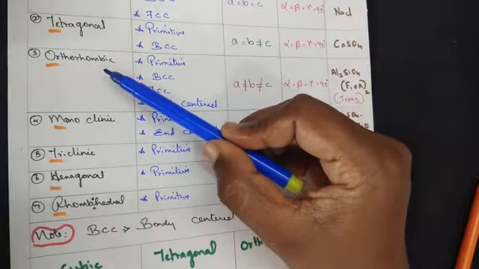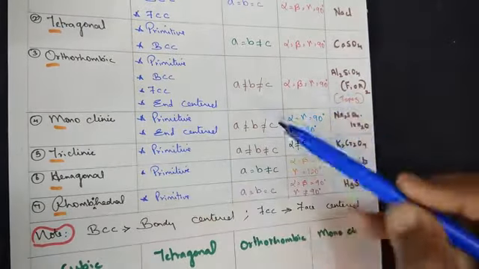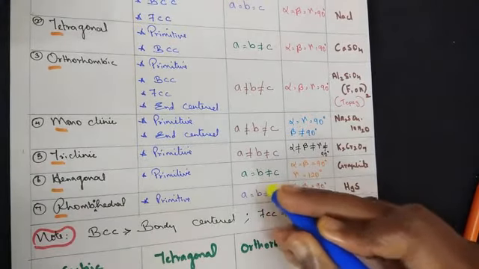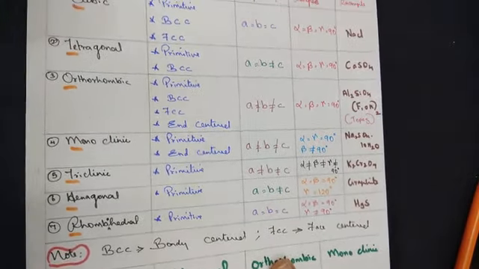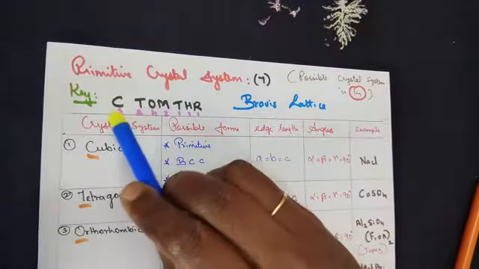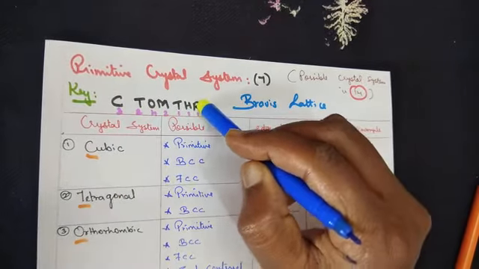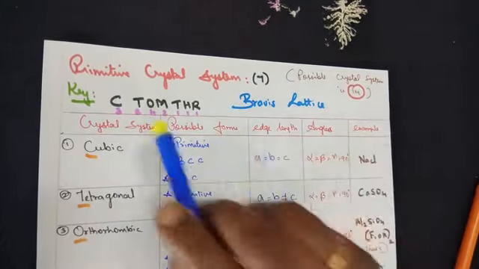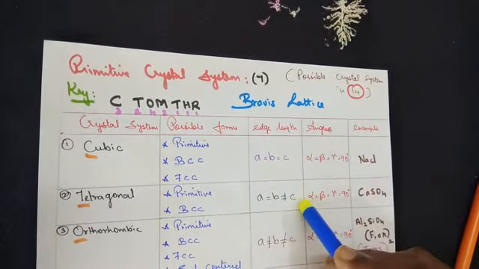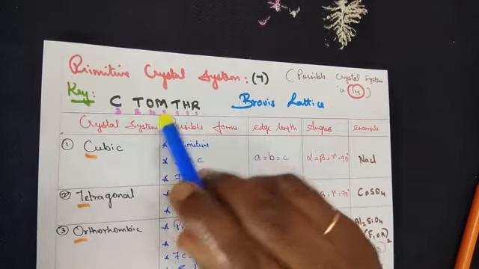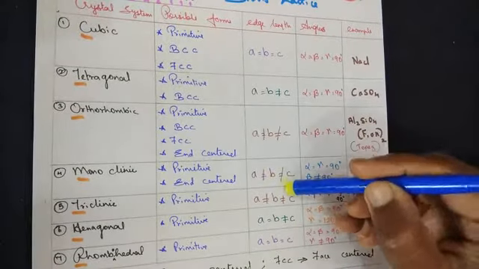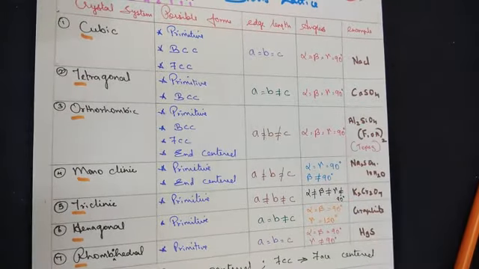Then in between we have orthorhombic, monoclinic and triclinic. All the three sides are not equal to one another. These parameters are very important for you in terms of understanding and exams. So regarding edge length, cubic and rhombohedral have all three sides equal. Tetragonal and hexagonal have a and b equal and c not equal. Orthorhombic, monoclinic and triclinic have all three sides unequal. You can analyze it based on the coloring that I have used.